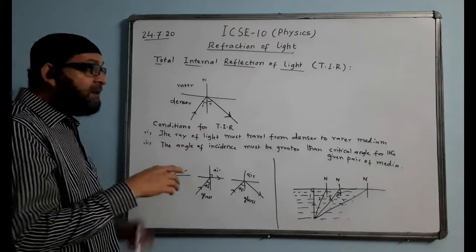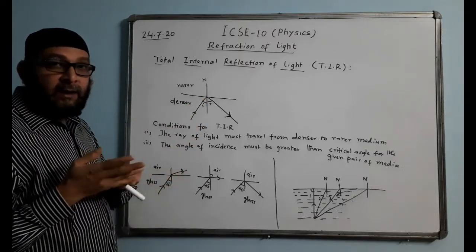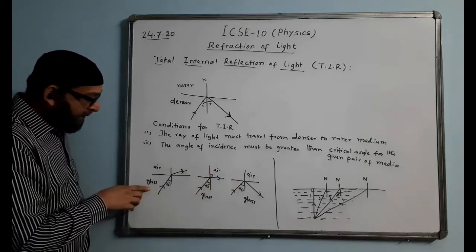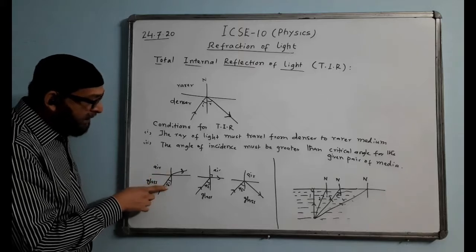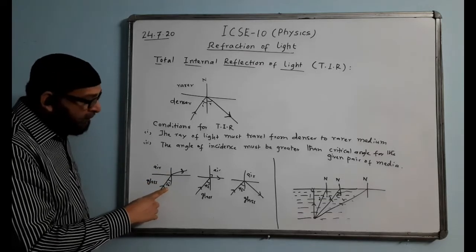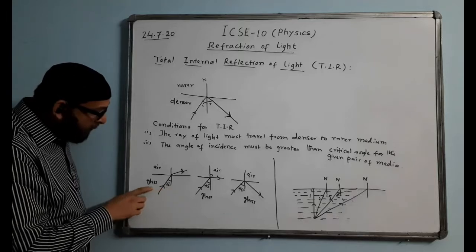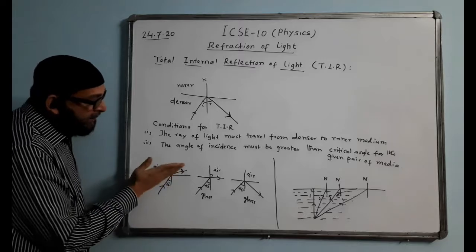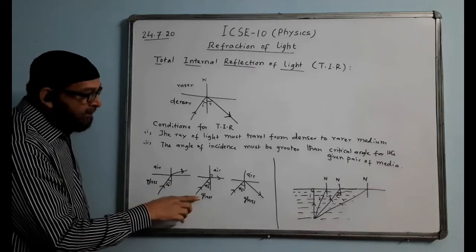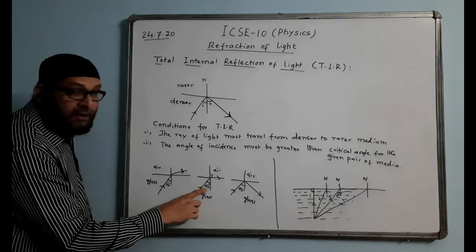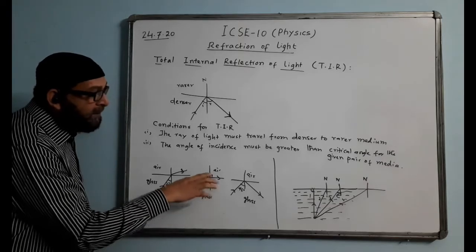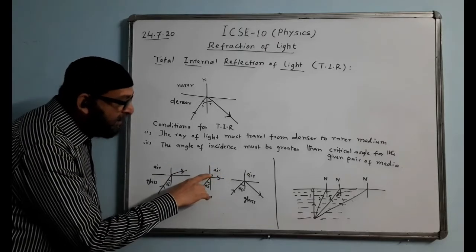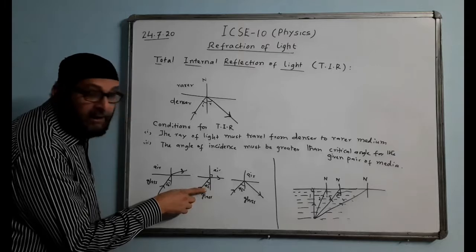So, for example, as I told you, the critical angle value for glass-air is 42 degrees. You can have a look at it. Rays traveling from glass to air, this angle is given as 30 degrees. Always keep in mind the critical angle for glass-air is 42 degrees. That means this angle is lesser than the critical angle, and the ray is bending away from the normal. Now, in the second diagram, this angle is exactly 42 degrees. So at 42 degrees, what happens? The ray will be just touching and grazing the surface, just touch and go. That means this angle will be exactly equal to 90 degrees. That means this is the critical angle, 42 degrees.